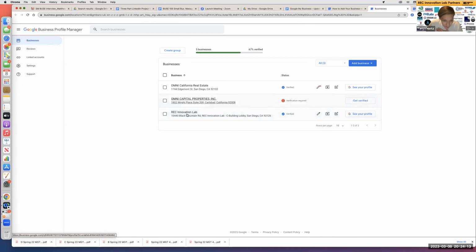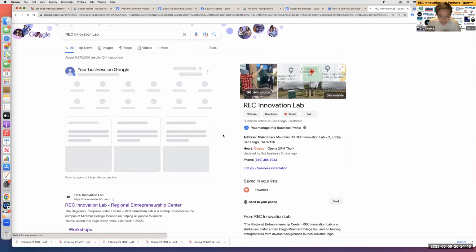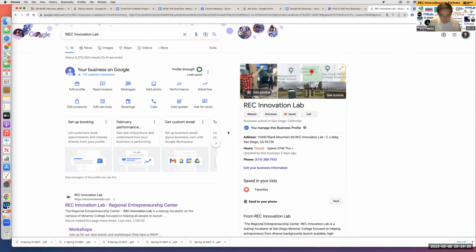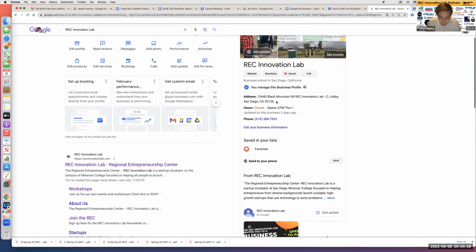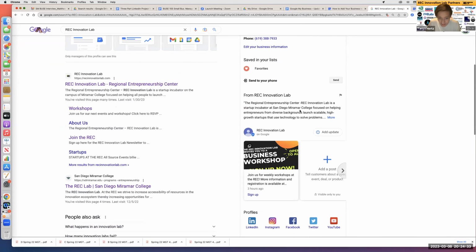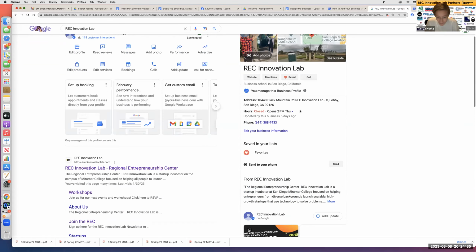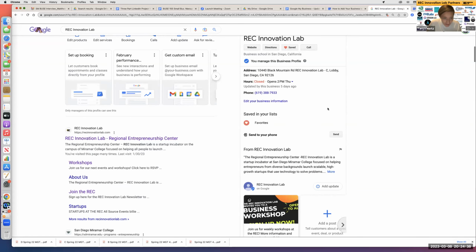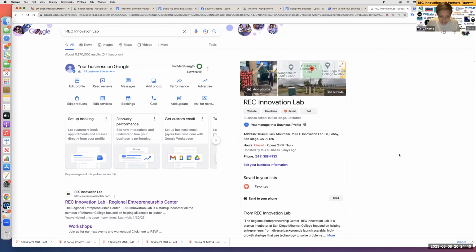So I manage 3 businesses here, so I'll click the one that I want to look at. From here, once you've signed in, you can then add your information to Google. You can see here mine has already been added, including some photos, directions, address, hours, phone, and our website, et cetera. We're already all in here and updated, but the nice thing is that now that this is all in here, we can then